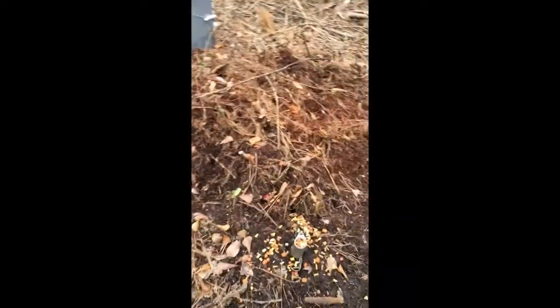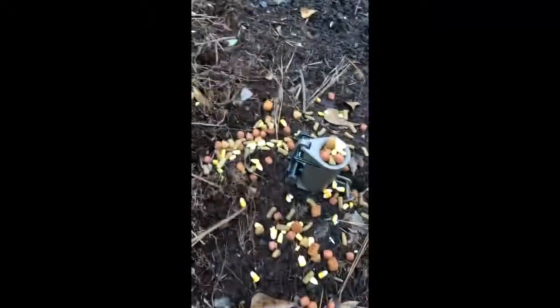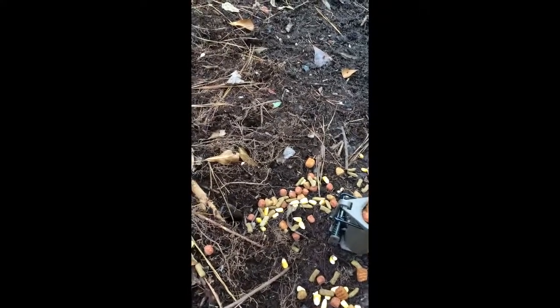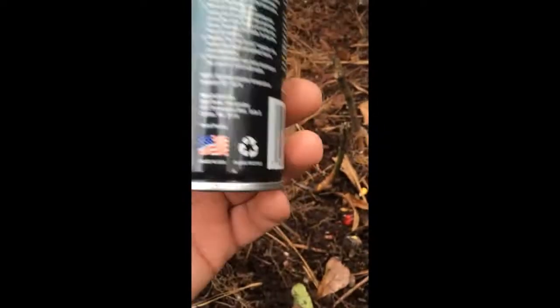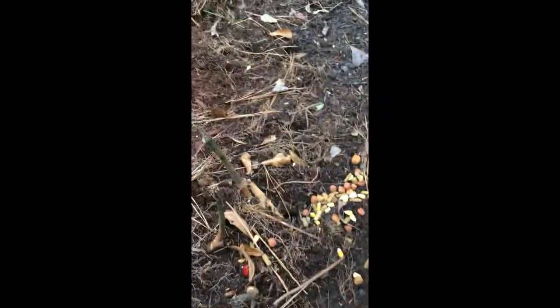So here's the dog-proof trap. I've got a little bit of dog food around it. They make lures that you can use. If you don't have that and you don't want to spend the money, of course there's other options. I got this on clearance at Walmart one time for $3. This is like two years ago. It's fish oil. They say use fish oil for an attractant. You don't want to put it on your food, but you'll put it around to kind of draw them in. So this is a fish bomb,